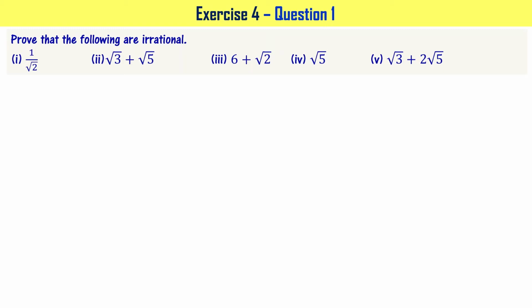The next part is we have to prove that root 5 is an irrational number. We already know that the square root of a prime number is an irrational number. It means root 5 is already an irrational number. We know that. But here we want to prove that root 5 is an irrational number. To do that, we'll go by the same method, proof by contradiction method. As per that method, we assume that root 5 is a rational number, right? It means I can write it as a ratio of two integers. Let me write that. Root 5 equal to a by b, where a and b are integers.